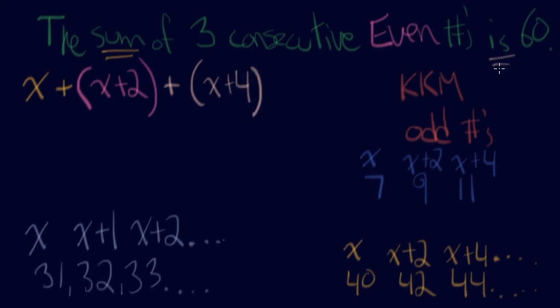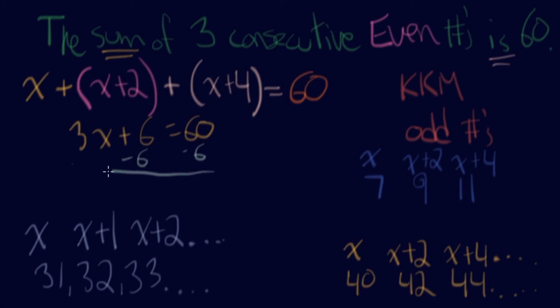That word is means equals. And then we got 60. So this isn't too bad. Let's go and combine our like terms. So we have 3x plus 6 is 60. So I'm going to go and subtract 6 from both sides. So 3x is going to be equal to 54. And if I divide both sides really small by 3,